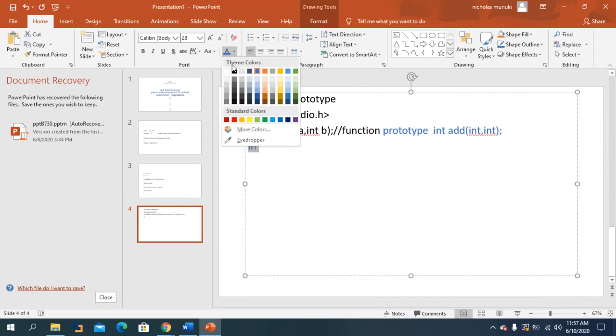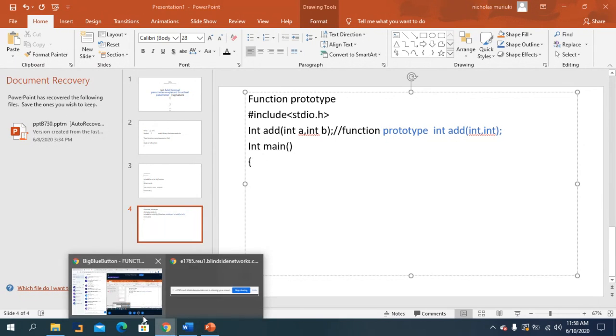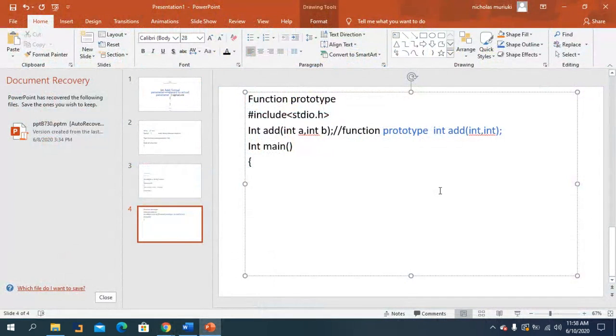So let me use that. So we have int main. Remember we said in a C program, main is used for execution, and we introduced it. But when you're writing a user-defined function, what we need to understand is to always make sure that in the main program, it is used for entry and display. So in this one, we use it for declaration,